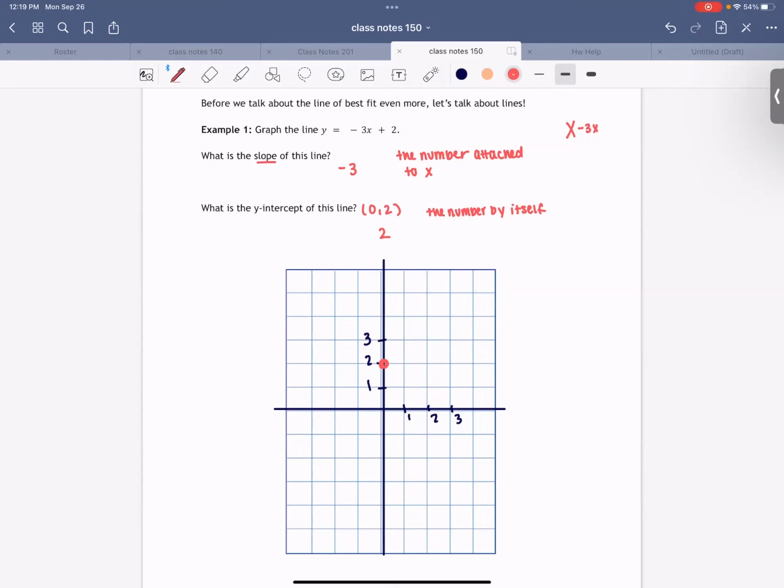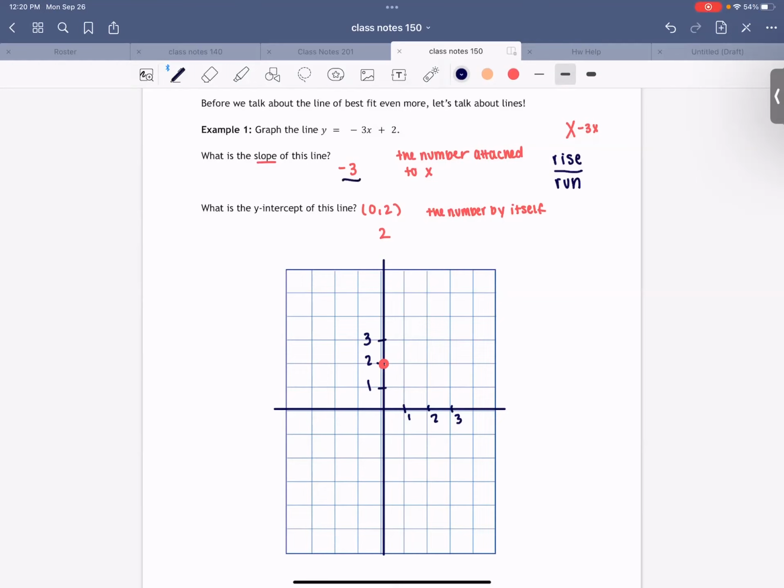A little bit harder is talking about the slope, right? Anyone know the layman's term of how to say what slope means? Good, rise over run. The slope expressed as a fraction tells you how much you need to rise and how much you need to run. So how much you need to go up and down, how much you need to go from side to side. Unfortunately, my slope is just a number, but we can always represent a number as a fraction